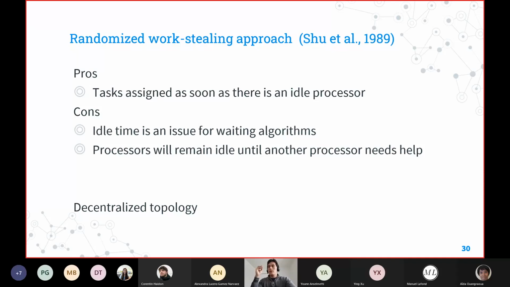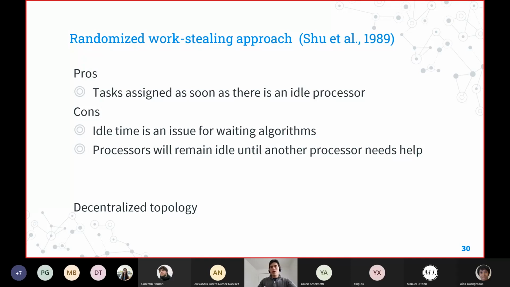And then, if we do that, a processor might just end up in line with 2 or 3 more processors. I'm going to show this in a few more slides and how it's actually happening. And those are basically the disadvantages of this.